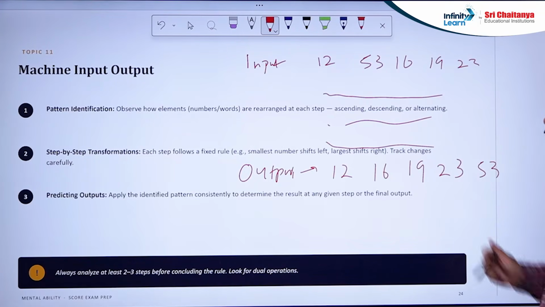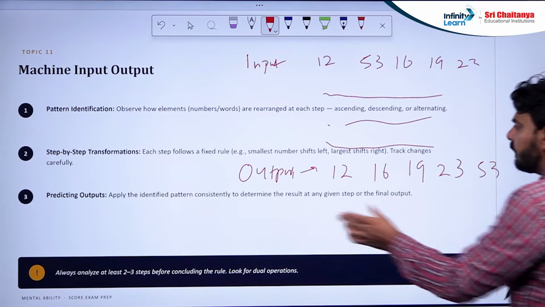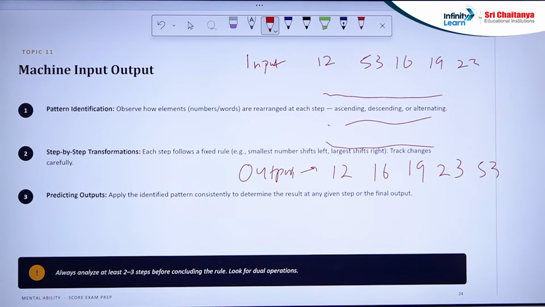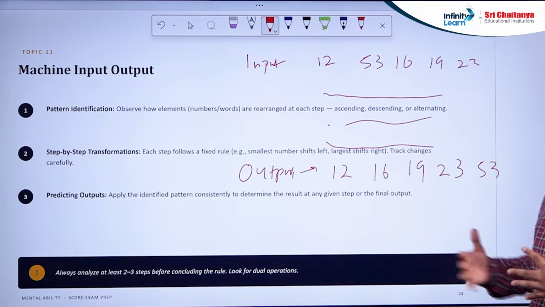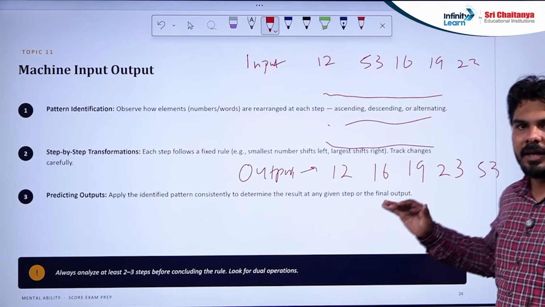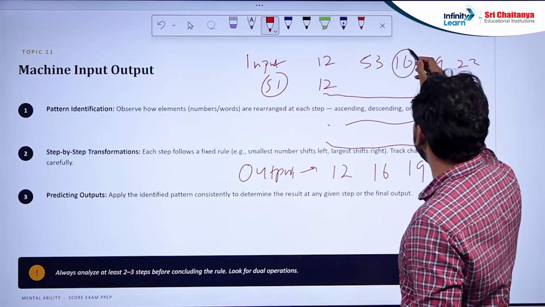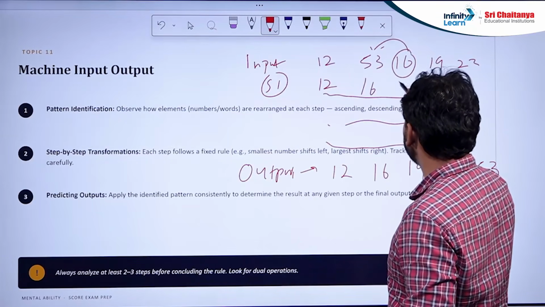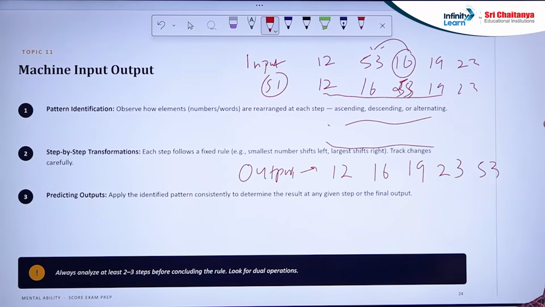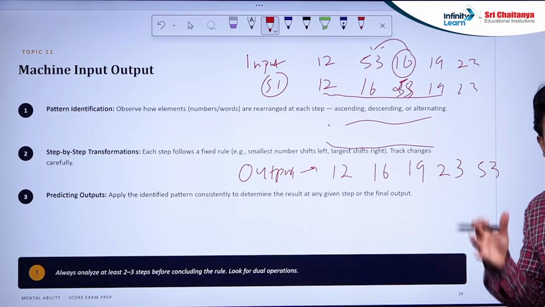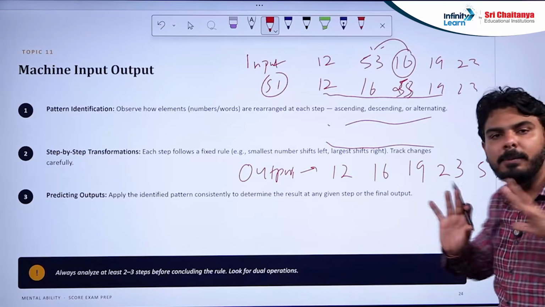So now when you are given step 1, step 2, step 3, you can see that in the output all of the numbers are written in ascending order. You just have to find the pattern, in which way they are being arranged so that they get this output. Means you have to see that in step 1, 12 will be written here. Only 16 is being replaced with 53. So 16 will come here, 53 will come here, and 19, 23, everything will remain there only. So you have to just understand the pattern. What is being done in every step, and the same pattern you have to apply in the given question.